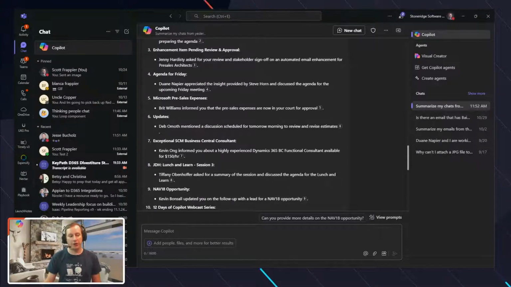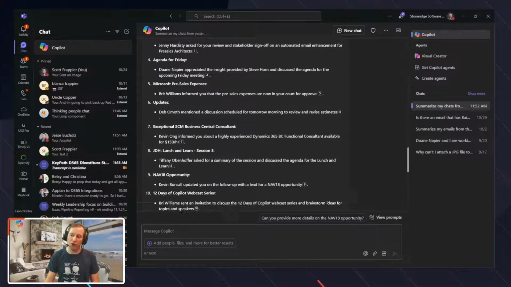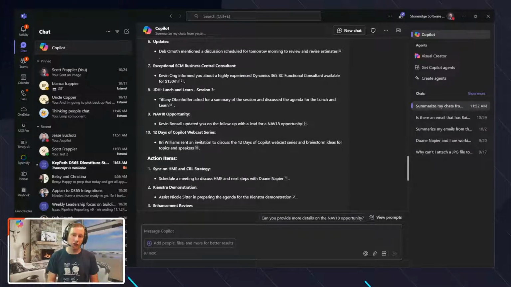And here's the thing I really like about this is that by default, I'm already keeping track of all these different to-dos and action items that I have. But what I do inside of here is I have this prompt set up so that every morning I can run that prompt and compare it against my list of what I anticipated. And I've actually had it a couple times where it's caught a couple that I missed, to be able to drive that. So this is a really nice feature in terms of using some of that Copilot capability to really go through and unify, obviously, some of that data. Now, once again, it goes even further, right? So let's go a little bit further as well with this.